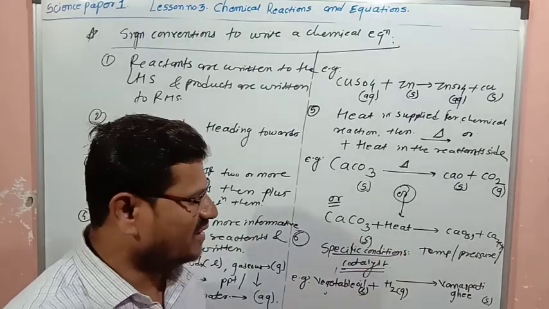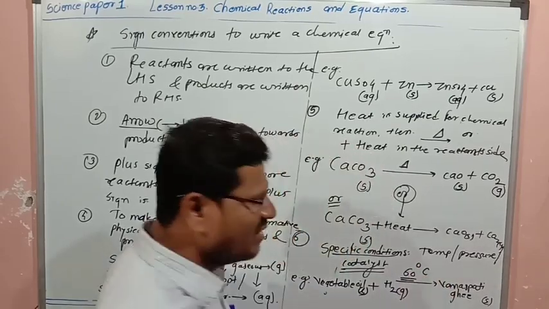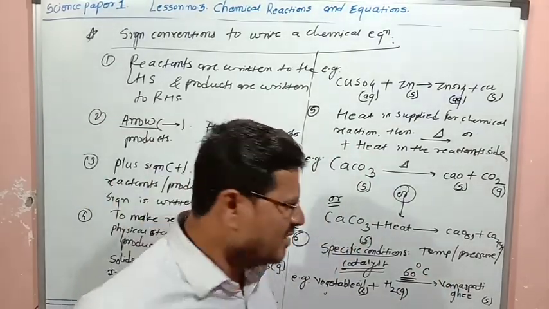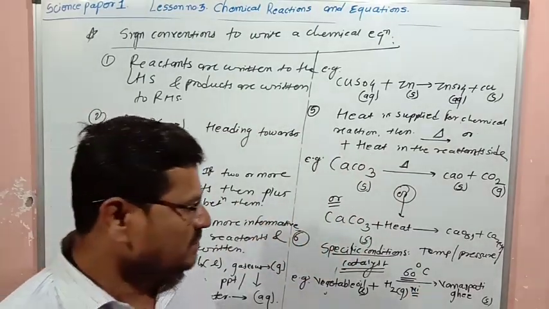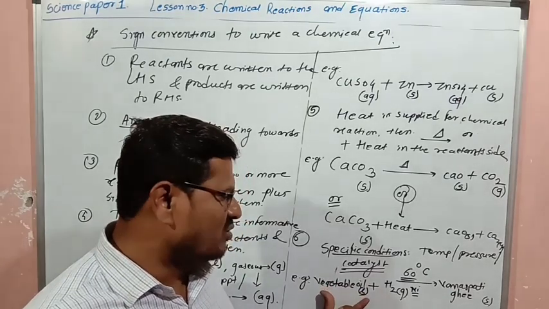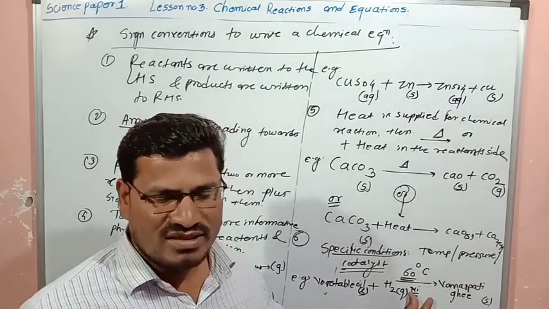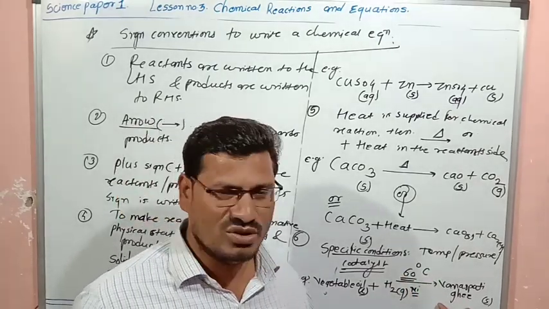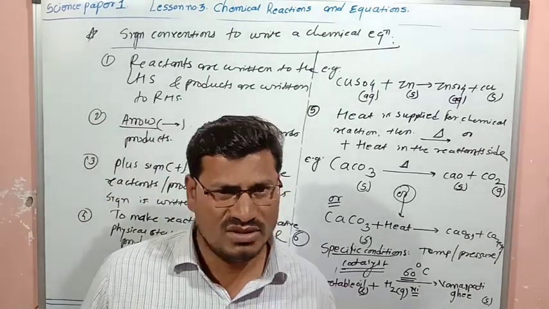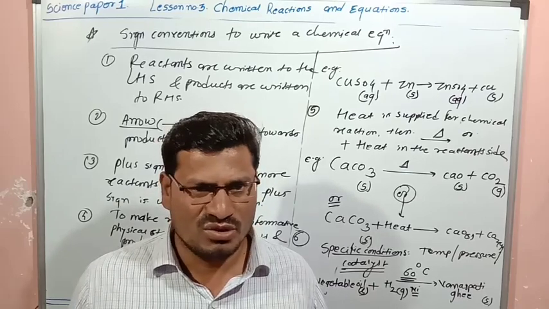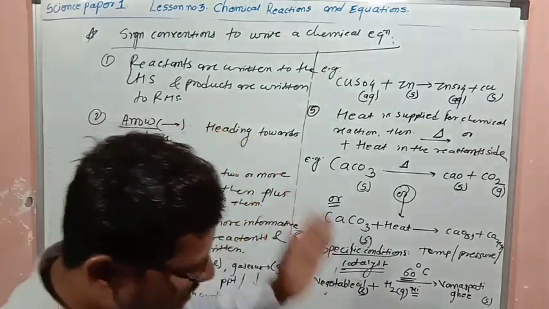But this reaction takes place at a specific temperature and in the presence of a specific catalyst. What is the temperature? At 60 degrees Celsius, and a nickel catalyst should be there. So when hydrogen gas is passed through a vegetable oil in the presence of a nickel catalyst at 60 degrees Celsius, it gets converted into vanaspati ghee. That is, the unsaturated compound is converted into saturated form. So another 1-2 points are there, that one I will rub this side and then I will write.